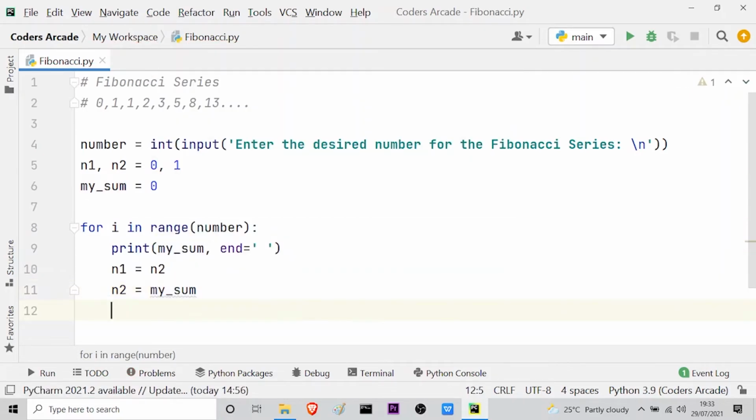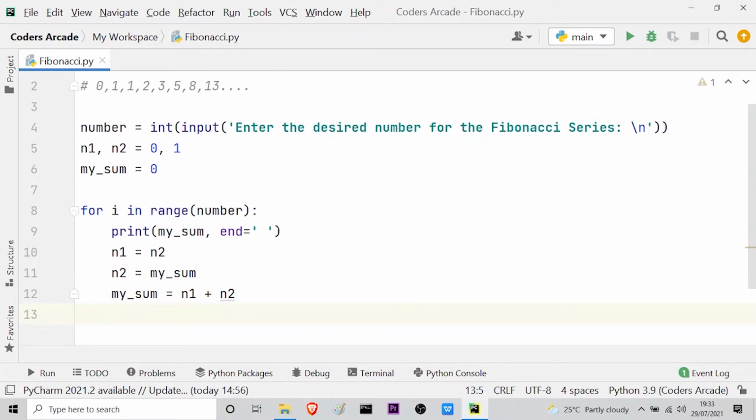And finally, I will store the value of the addition of n1 and n2 in my sum variable. So sum is equal to n1 plus n2. So this is the logic for the Fibonacci series.